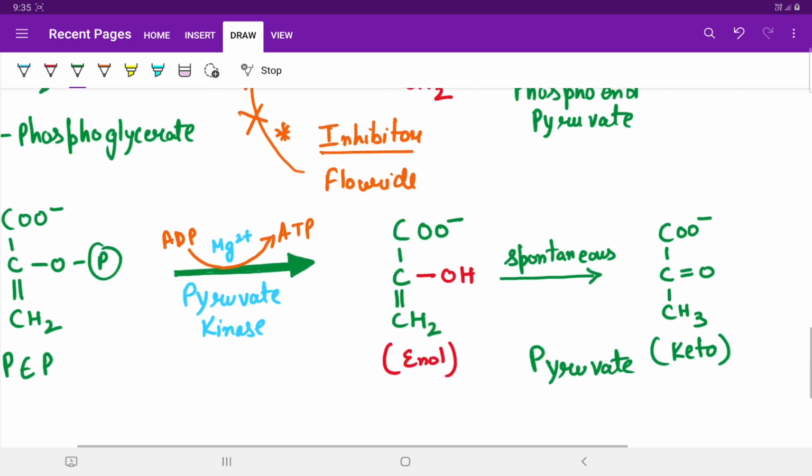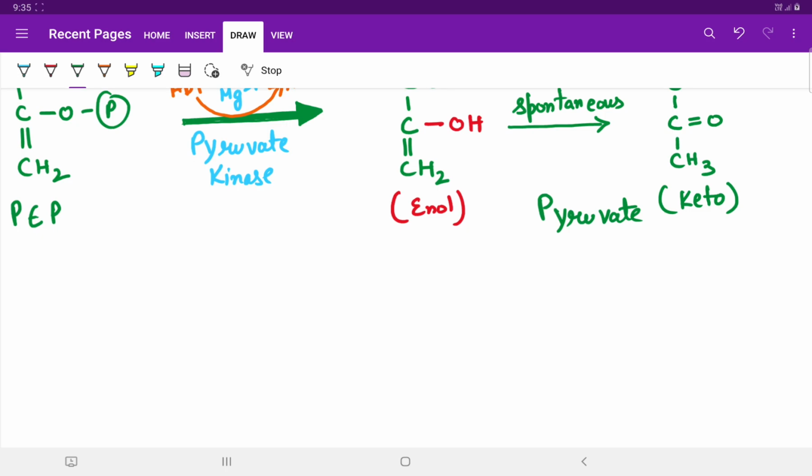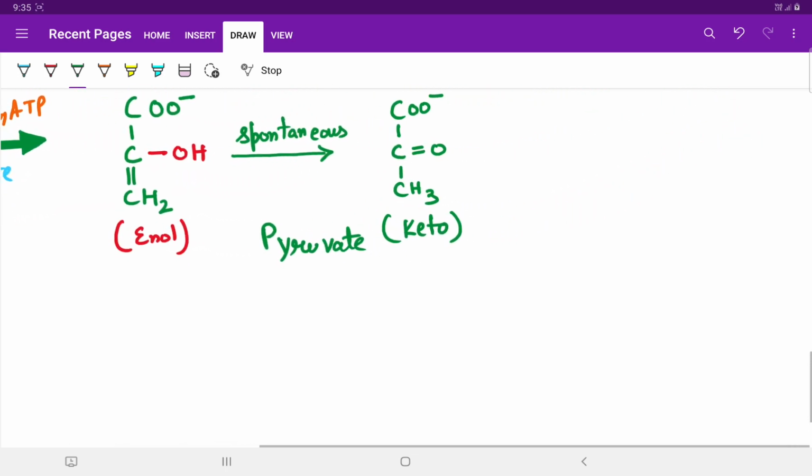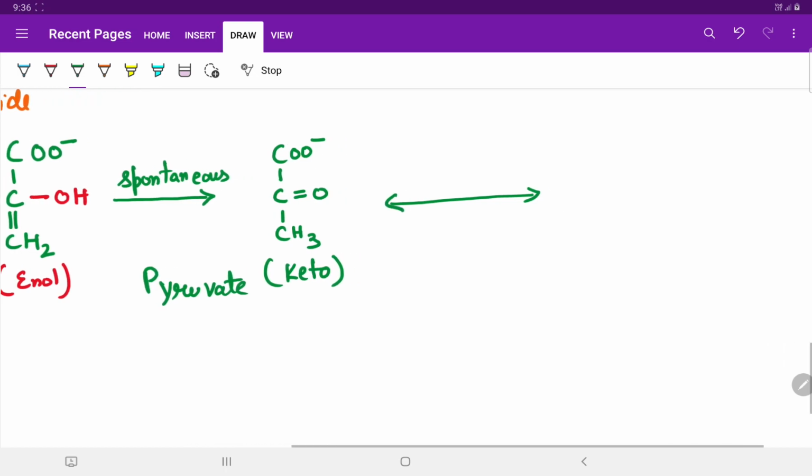Another reaction is there if the body or the cells undergo vigorous conditions and lead to deficiency of oxygen. So the reaction that is accompanied leads to formation of a lactate molecule. So here we shall be starting it with the lactate molecule. The pyruvate in its keto form is converted into lactate in presence of enzyme lactate dehydrogenase. So these occur in the anaerobic condition.